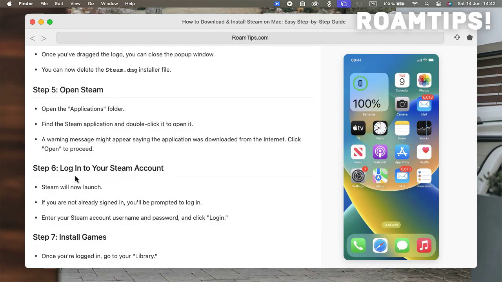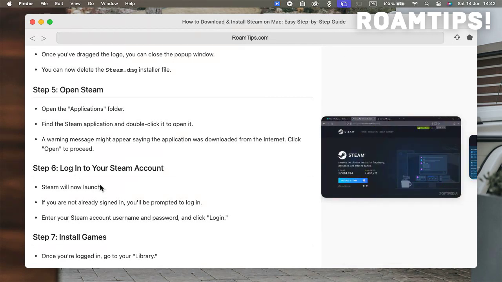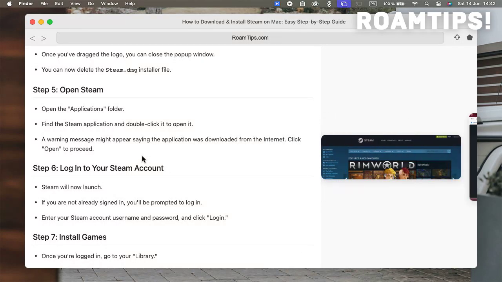To open it, just find Steam in your Applications folder and launch it. You might see a message saying it was downloaded from the internet. Just click Open. Steam should now be running. You might already be signed in, but if not, just click on the Login button in the top left and enter your account details. Once you're logged in, head over to your library, and you can start installing all your